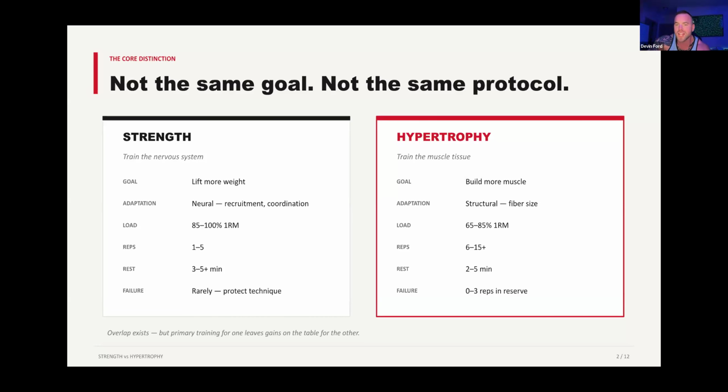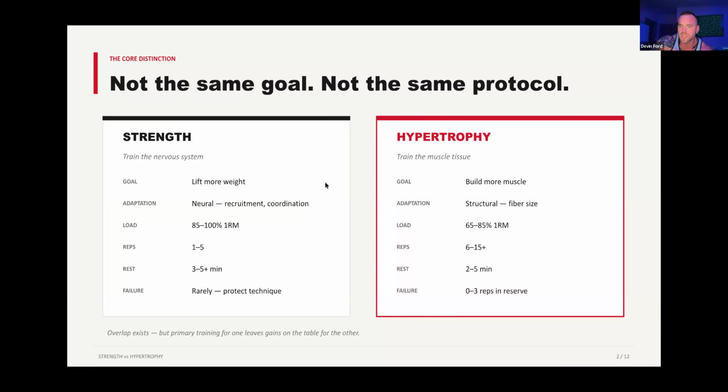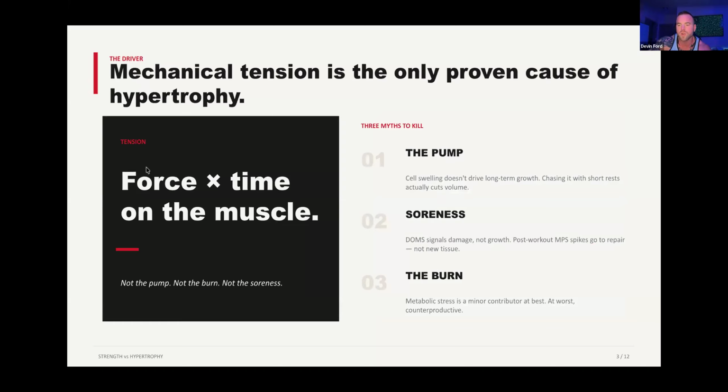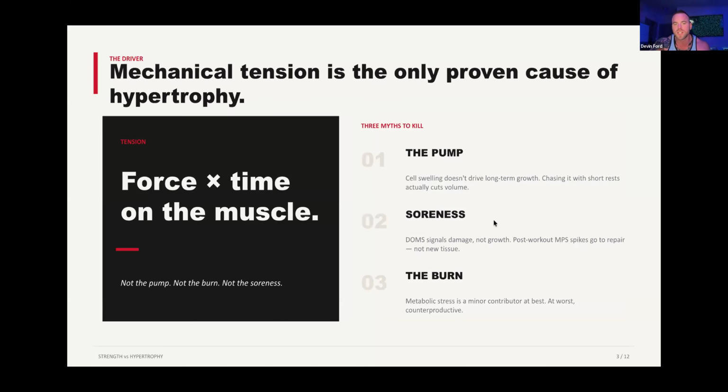Okay. In order for that to happen, you have to take these lower loads to failure, because mechanical tension, or the amount of force that you're putting on the muscle multiplied by the amount of time, is what actually increases that muscle. So if I'm using 60% and it's a lower load, that means that the force is lower. In order to get the hypertrophy I need, the time has to be higher, right? So I need to be using that lower force to failure. That means more reps. If I'm using a higher force, so if I'm using something like 80% of my 1 rep max, then the time or the reps that I'm using is going to be a lot less.